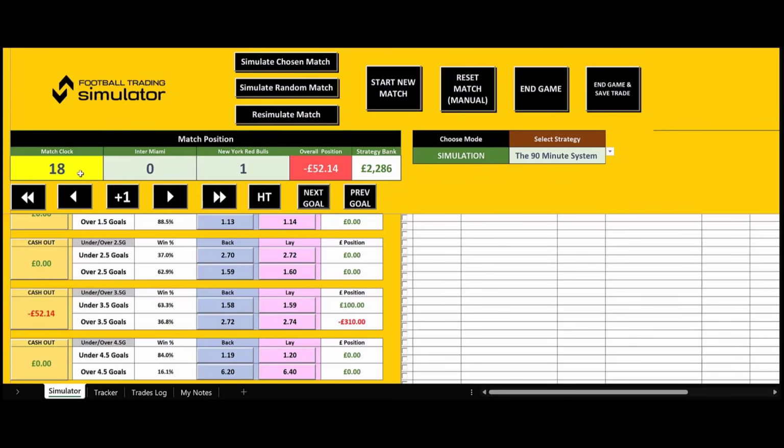All right, we've got an early goal. 18 minutes, and New York Red Bulls have taken the lead. Now let's see what the second goal does. Okay, this is interesting. So now let's leave the loss on the over 3.5 goals outcome, and let's see if we go over 3.5. All right, the third goal on the 65th minute, so this isn't looking good. We're going to potentially take a loss on this one, aren't we? Yeah, 4th goal, and that will be the end of this one, a 4-0